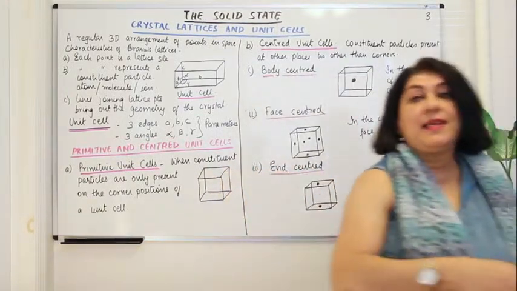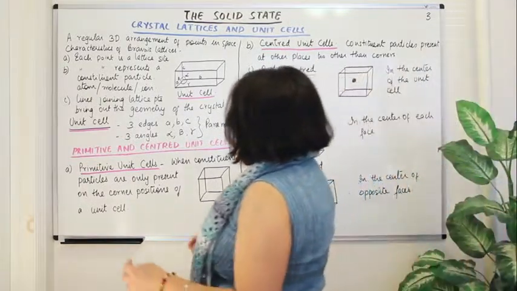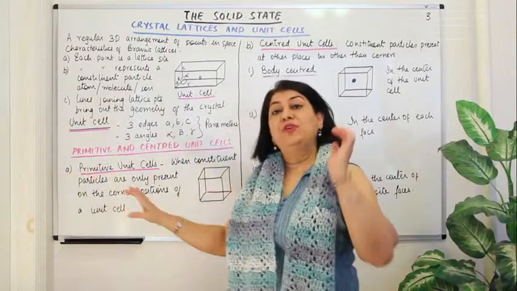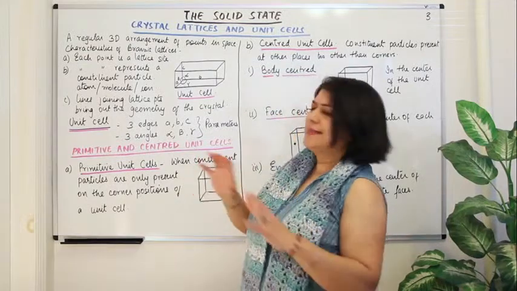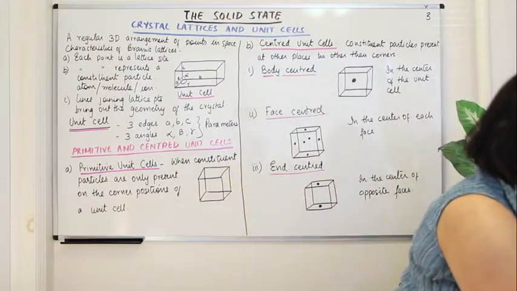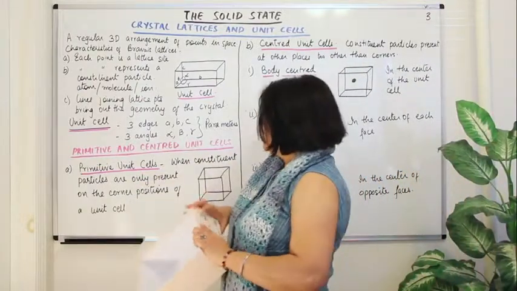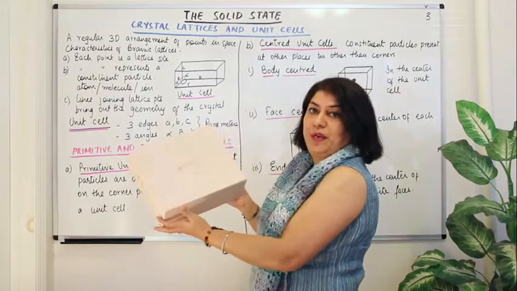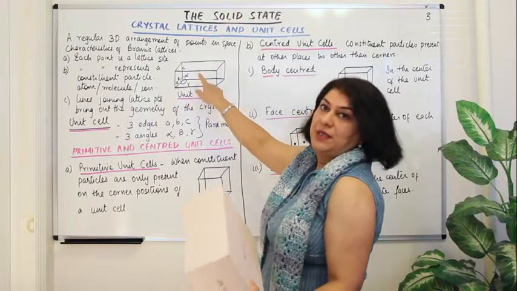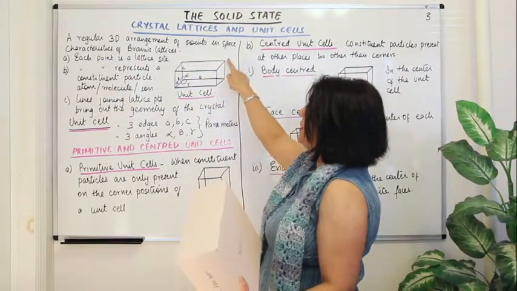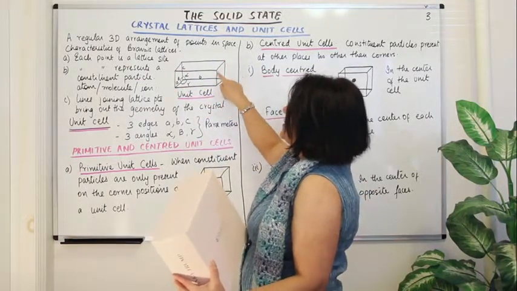Now, unit cells may further be of different kinds. How are they of different kinds? You have primitive unit cells and you have centered unit cells. A primitive unit cell is a simple cube or a cuboid or whatever it is. It is the simple basic structure, right? A primitive unit cell is one, let me show it to you from here, that gives you all the alpha, beta, gamma, and all the constituent particles present occupy the lattice sites, the